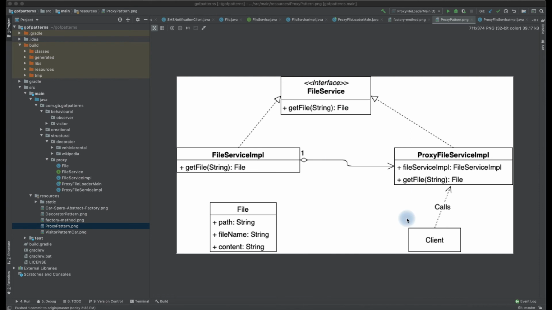Consider this scenario: the file is in a remote location where it is stored in S3, AWS S3 or Azure Blob storage, or a NAS file system located in far data centers,